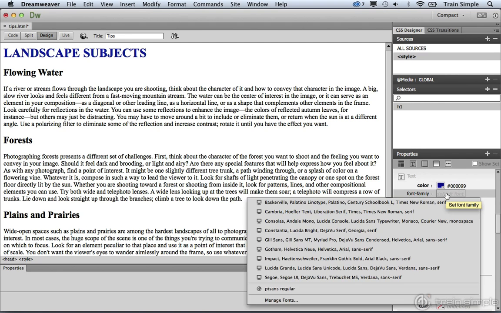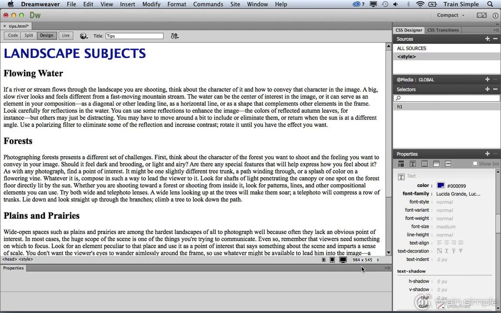If you want to change the font, you can go ahead and do that. We'll talk about fonts in greater detail a little bit later on, but I'll go ahead and choose something different here. After changing the font, you could also choose the font style. I'm happy with normal, but in this drop-down menu, you can make the text appear italic or oblique. Now, the reason why you have these two options, italic or oblique, is because if you want an italic type to appear, you need an italic font available on the machine. If you don't have that italic font available, you can go ahead and select oblique, which is a faux italic,